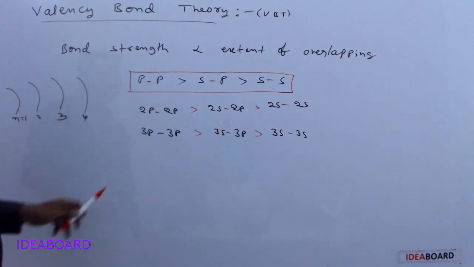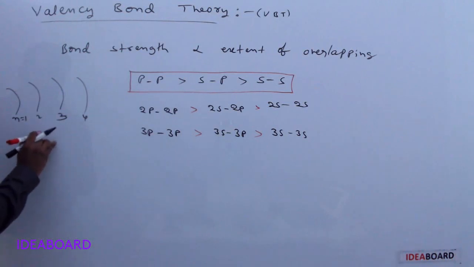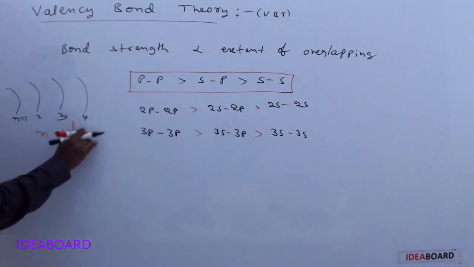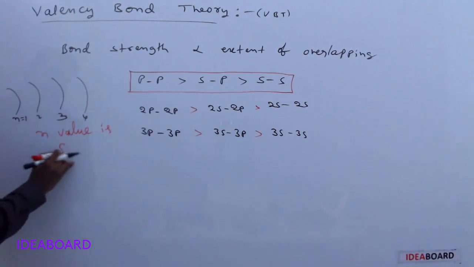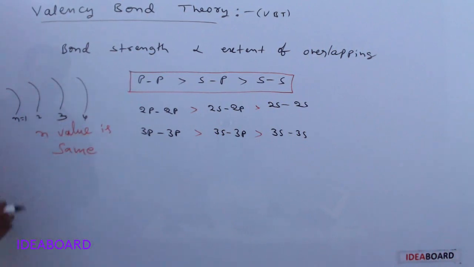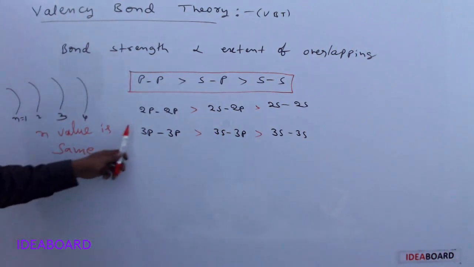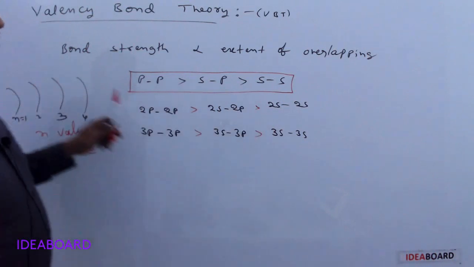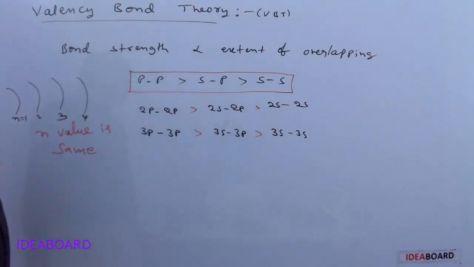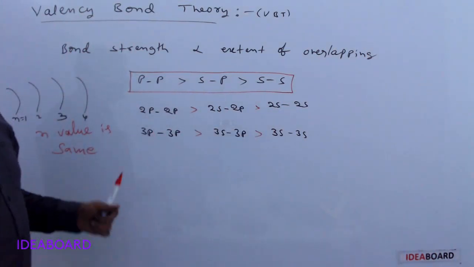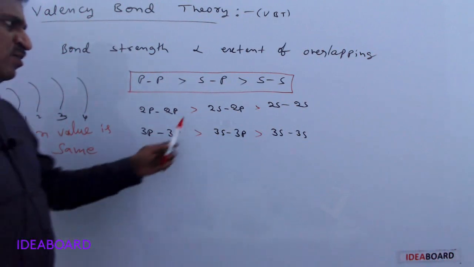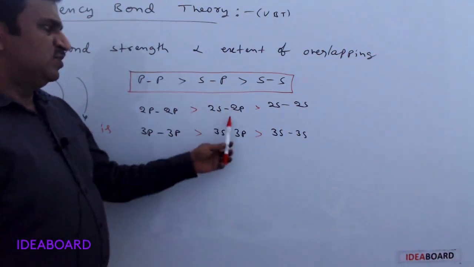The principal quantum number value or n value. If n value is the same, please remember, it is the order of strength of bond. Between 2p 2p orbitals, a stronger bond is formed than 2s 2p orbital, which is a stronger bond